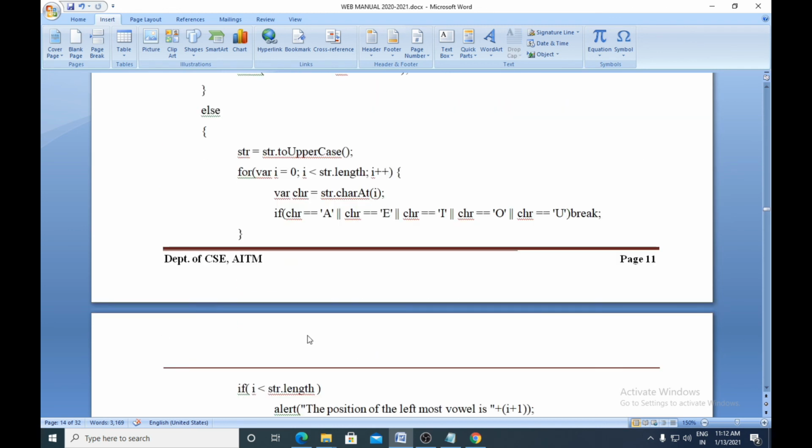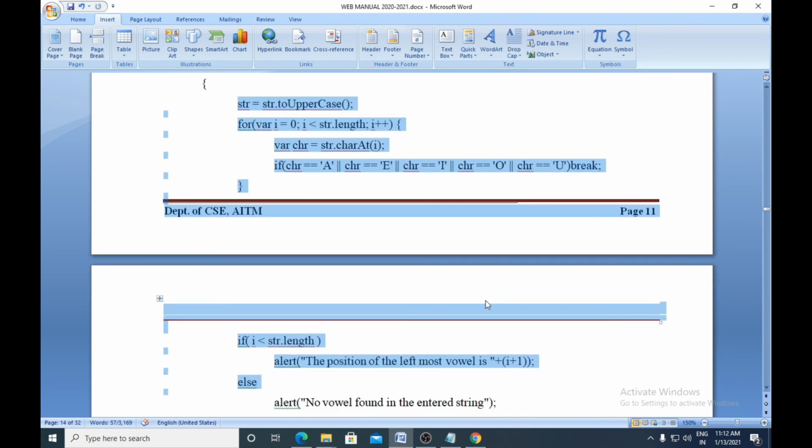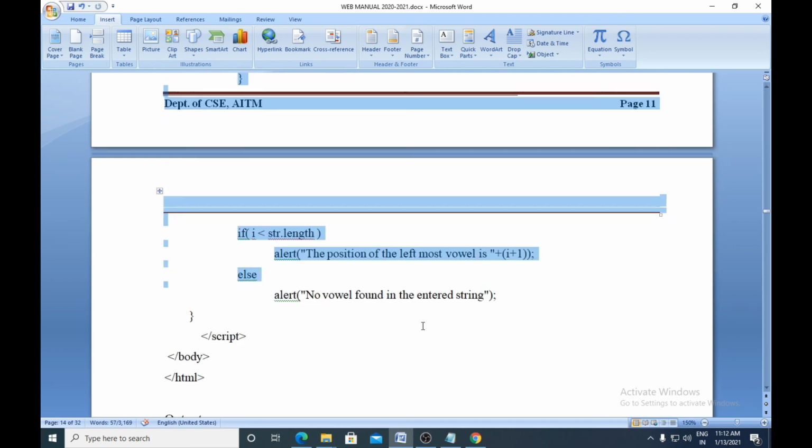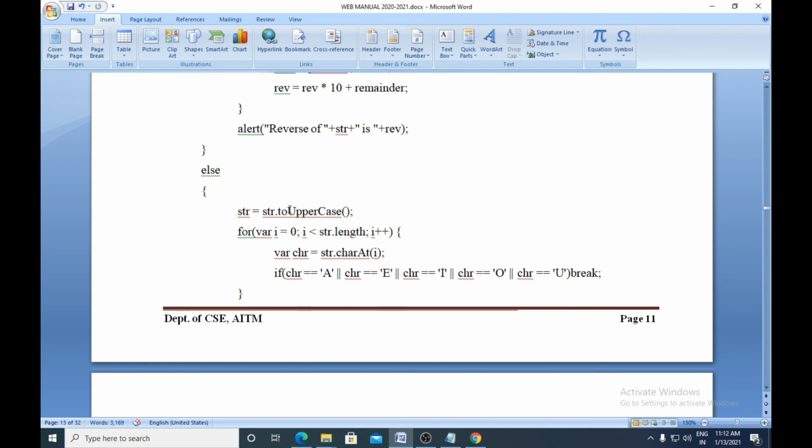So this code was to find the leftmost position of the vowel in a string. This condition is important. toUpperCase will convert the lowercase character into uppercase, because the A E I O U which is there is written in uppercase.